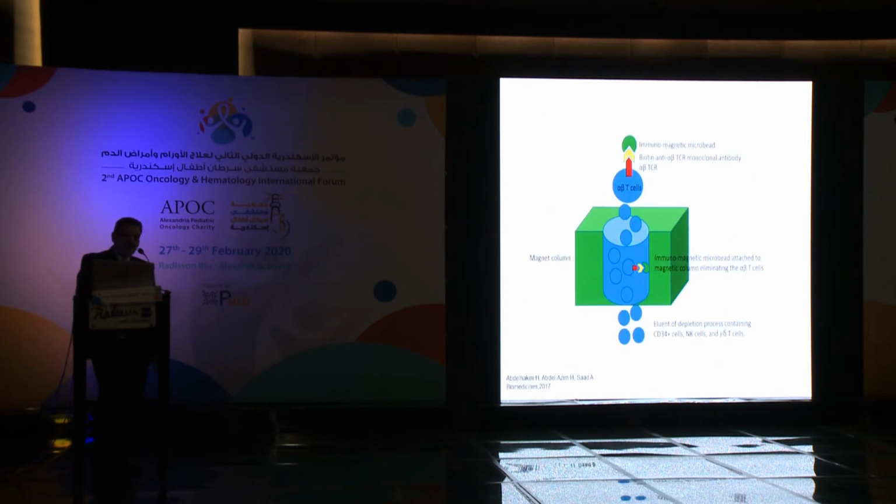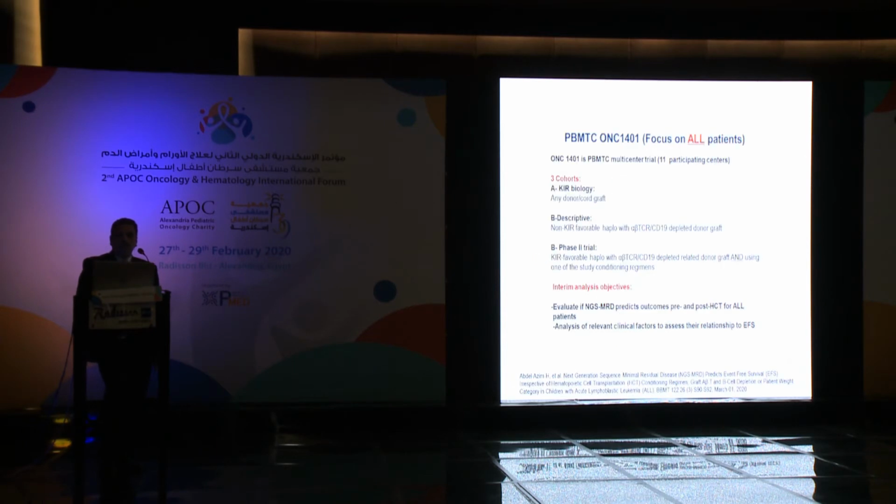So this is basically the principle of TCR alpha beta depletion, where we would use a magnetic bead that would attach to the alpha beta T cells, and then you do negative selection for the alpha beta T cells, and what's left is the gamma delta T cells and the NK cells and the CD34 positive cells that would be used for your graft. So I'm going to focus on our trial, which is a PBMTC trial, ONC1401, and this